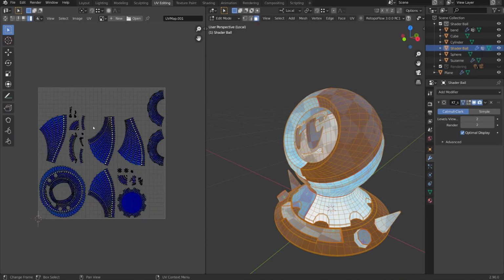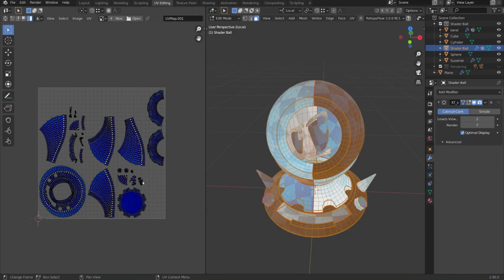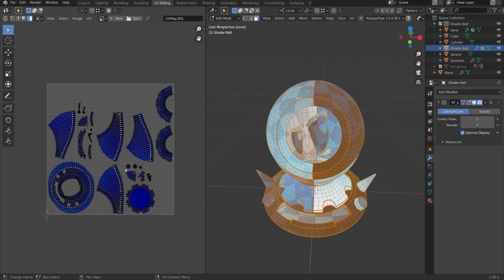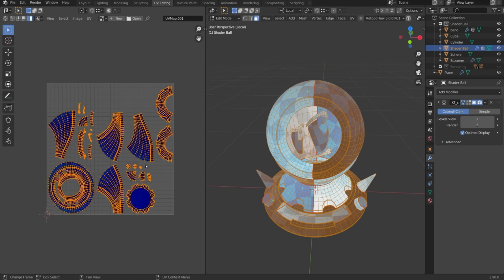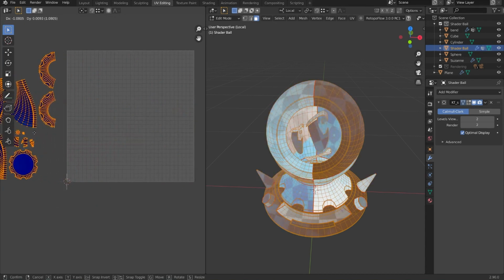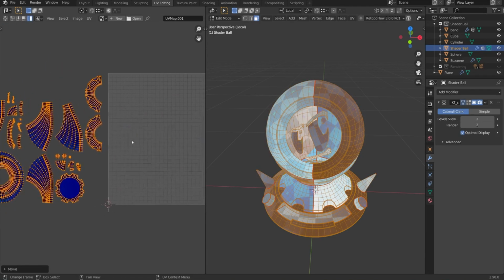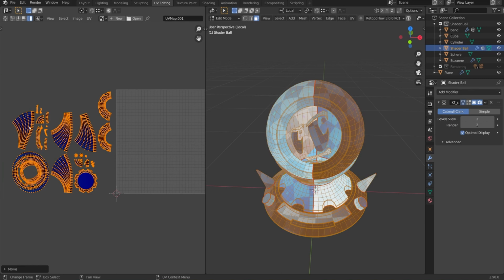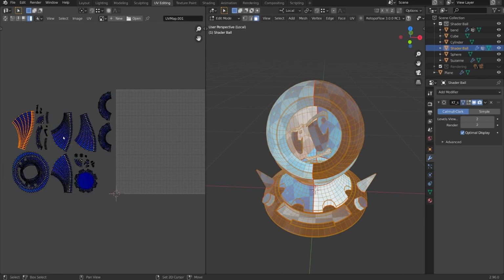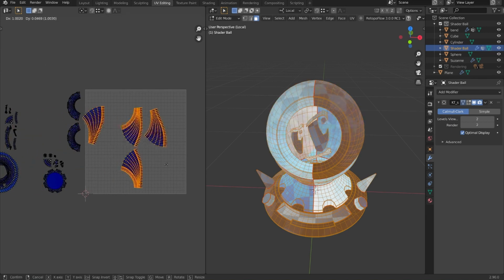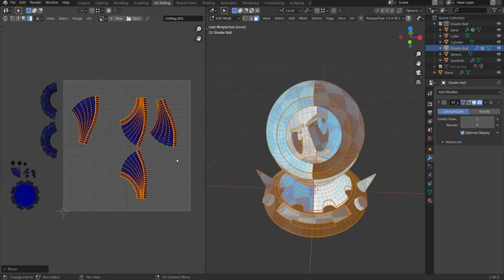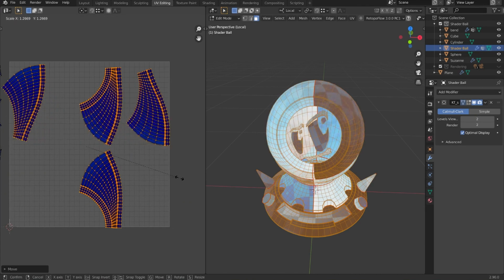So let's just go ahead and select everything in the 3D view and move these all around and place these in a way that makes sense. We're just playing Tetris with these pieces here. So I'll select everything with A and just move them off to the side. I'll hide my toolbar and all that other stuff, and just select one of these at a time. I have my island selection mode enabled, and just select one set of things. I'll select these guys, scale them up a little bit,